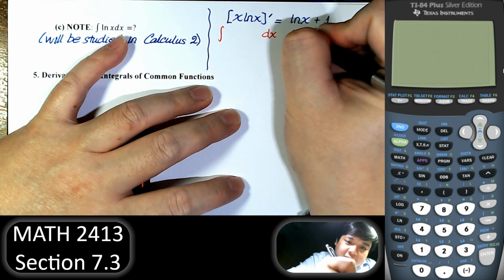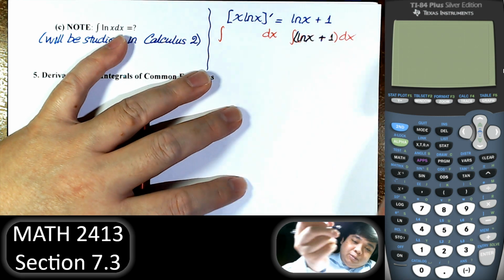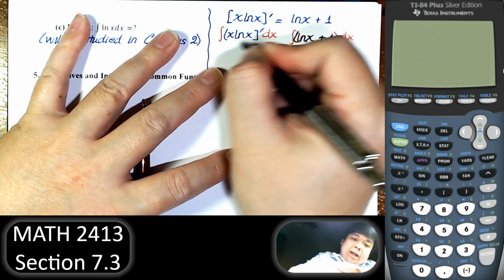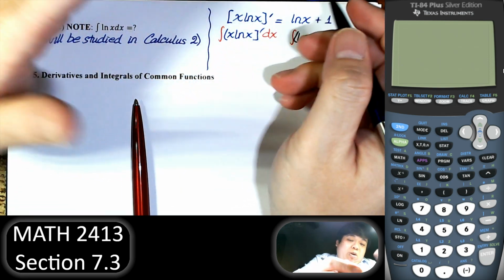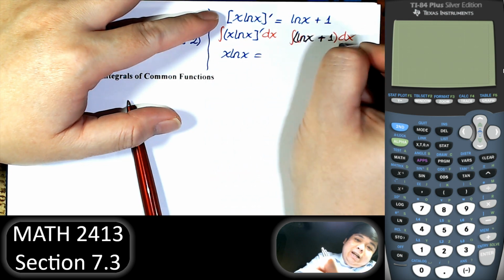Integrate that side. Integral and derivative pretty much cancel out, so we just have x ln of x, and then we can split this